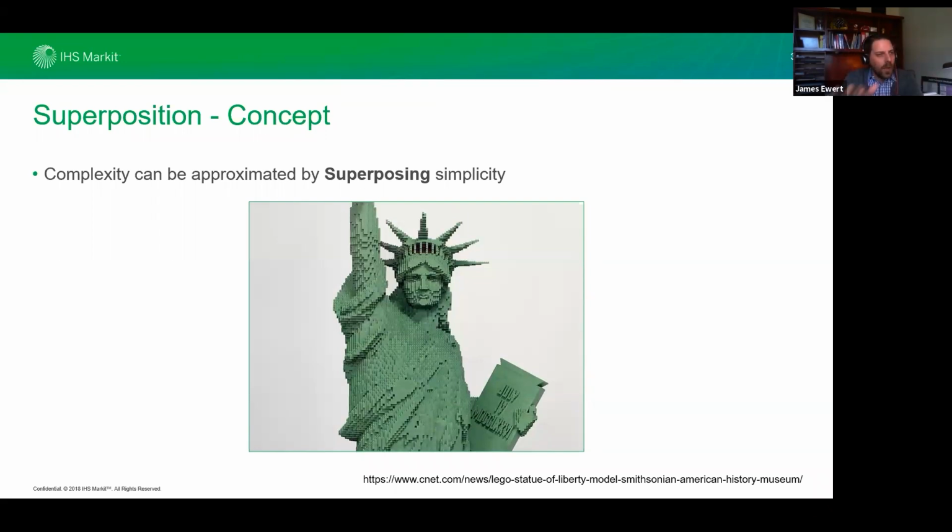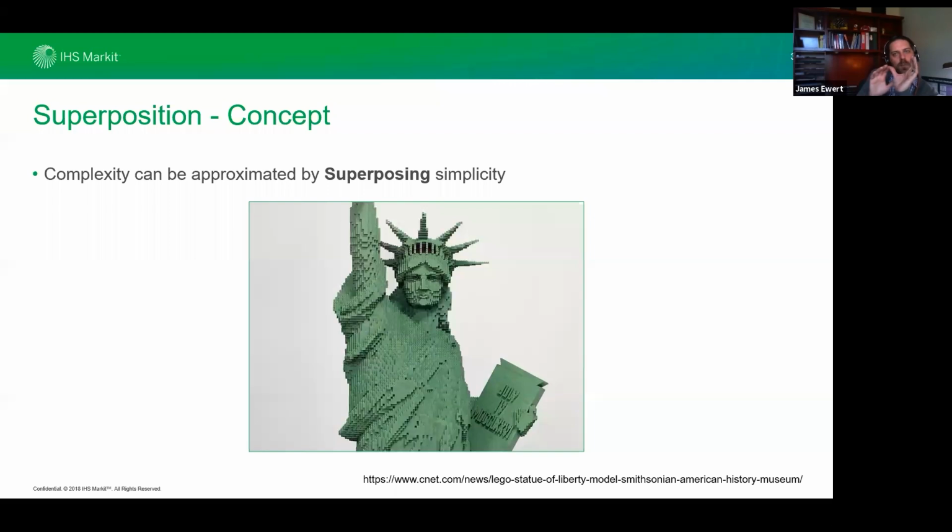Right? So if we assume that the block sizes are all the same here and we smash this thing to the ground, what's going to happen is it's going to go out in a bunch of individual simple pieces. This is complex. We can build complexity by stacking or superposing simplicity. And so when we're doing superposition time, when we're taking that reservoir signal and adding and subtracting it to build something complex, it's the same as taking those blocks and adding them together and removing them to create something more complex. It's all about that simple piece. And let me tell you, the more correct you are about your reservoir signal, the better your entire statue is going to be, right?